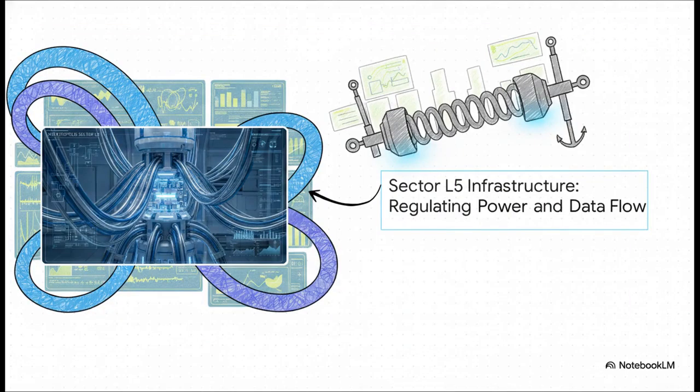And this brilliantly illustrates how it works. The Sector L5 infrastructure physically regulates power and data flow. Just look at those massive active power dampening tubes channeling all those multiversal energies, while our real-time data flow analysis interfaces monitor the dimensional load. This machinery essentially acts like a giant shock absorber for reality itself. It regulates the power to keep the city's anchor perfectly, unshakably stable.